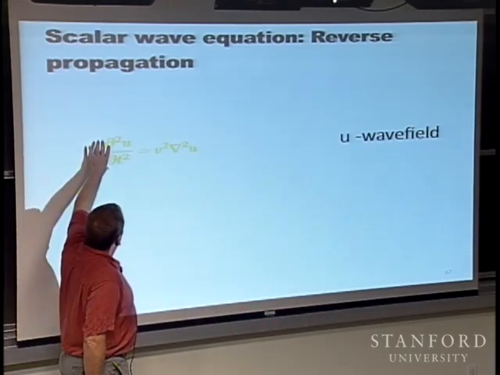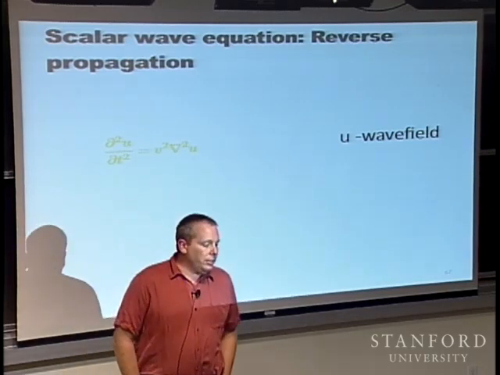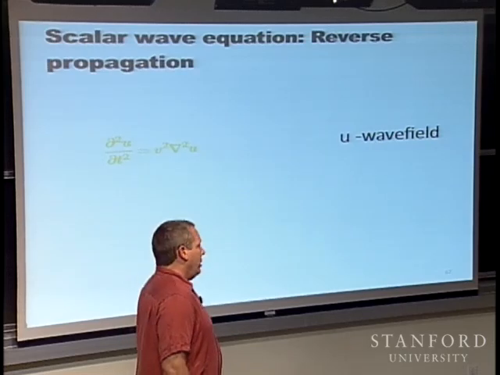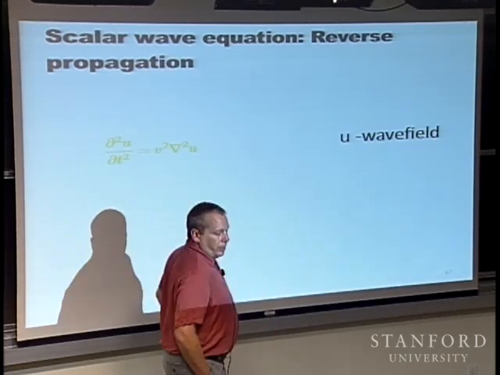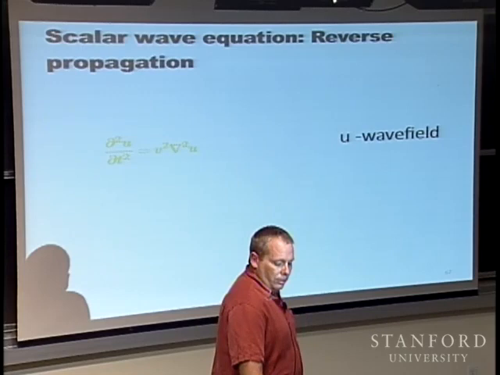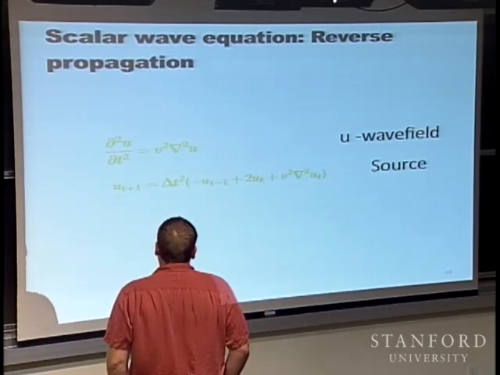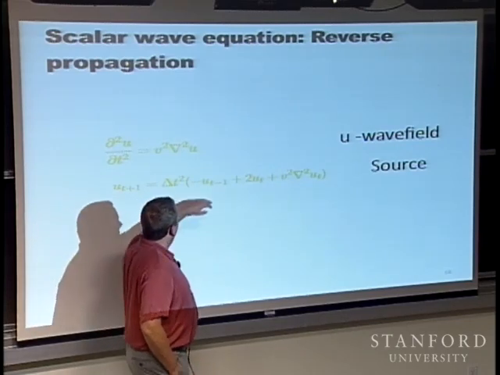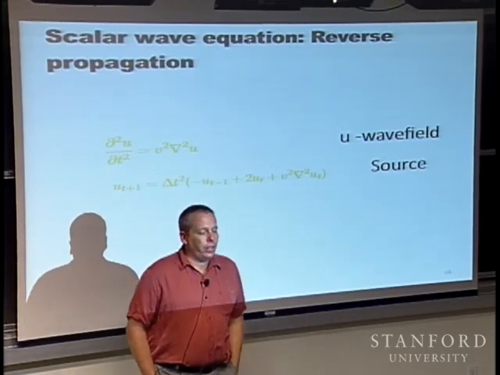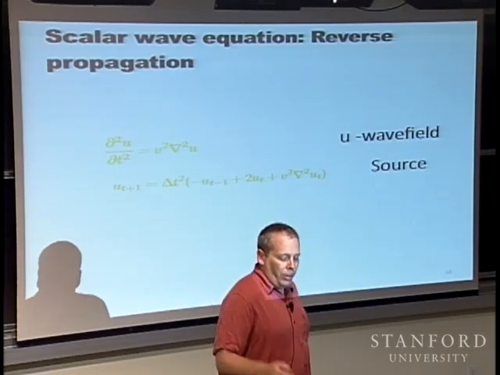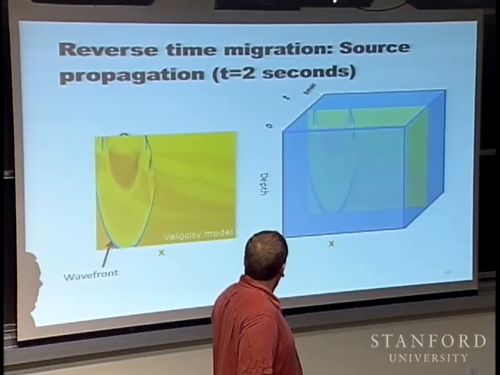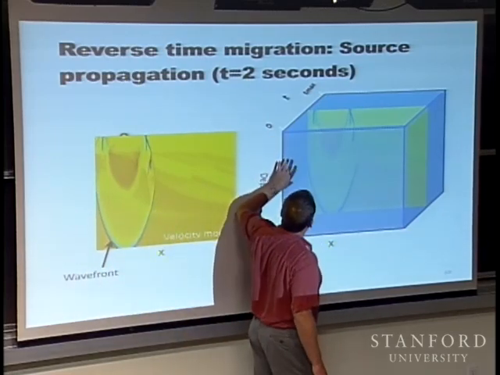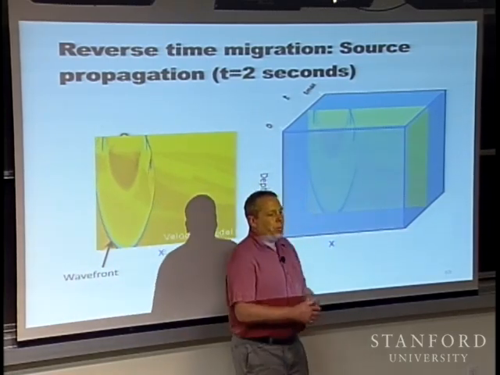Anyway, we're going to look at the wave equation, which is basically saying the second derivative with respect to time equals a spatial derivative times the velocity squared. We're going to turn that time operator into a time difference operator, put all the knowns on one side and all the unknowns on the other side, and now we have a way to advance this wave field in time. We're going to do this forming a 4D volume of x, y, z, and time of this wave field